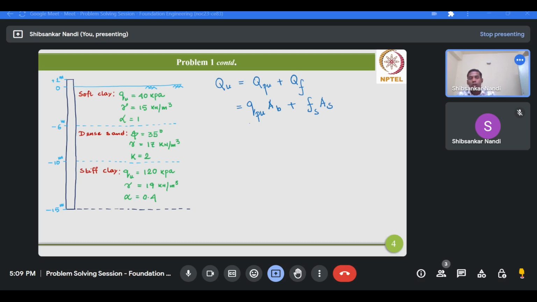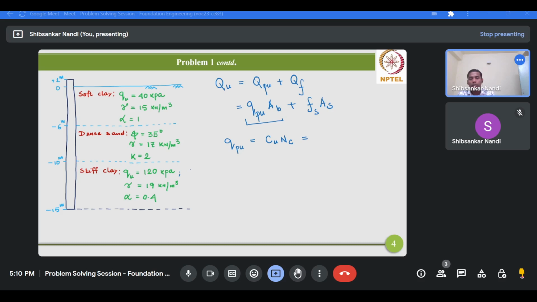Now this AB and AS. Okay, so first of all we will concentrate on this first term, that is QPU times AB. So QPU, since the pile tip is rested on a stiff clay deposit, therefore this QPU will be CU times NC. Okay, now this CU we can determine from the unconfined compressive strength of stiff